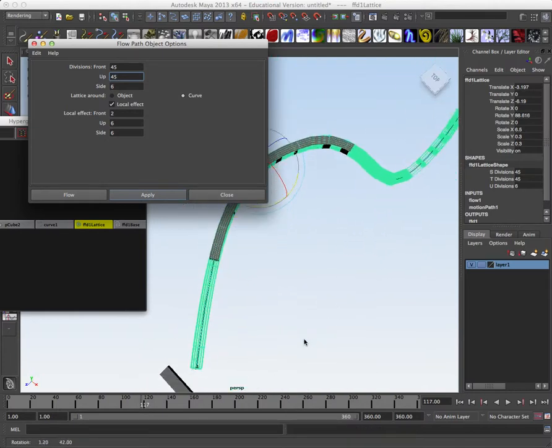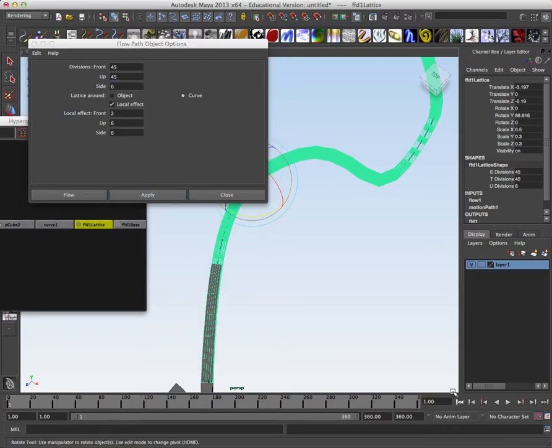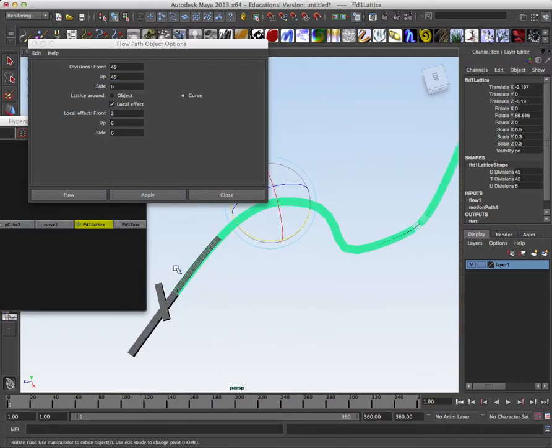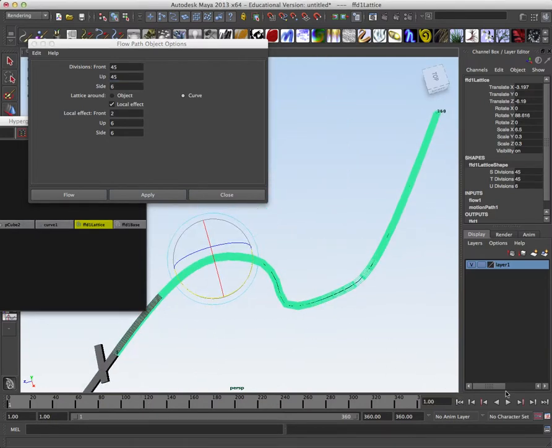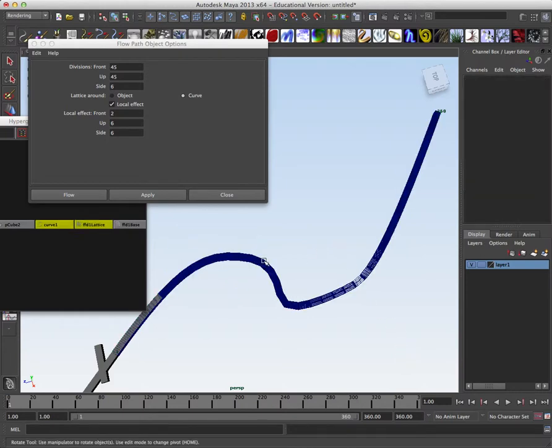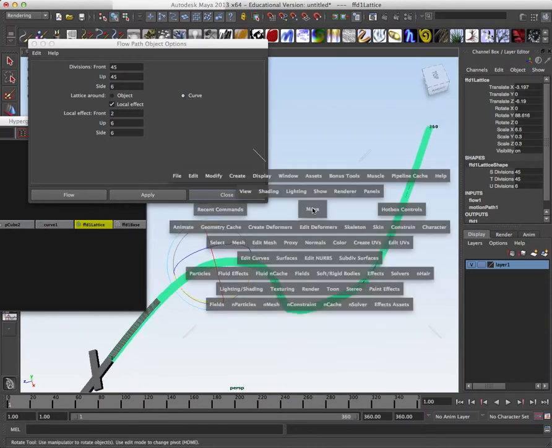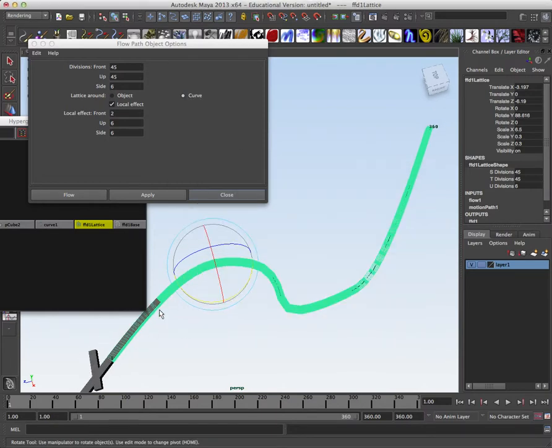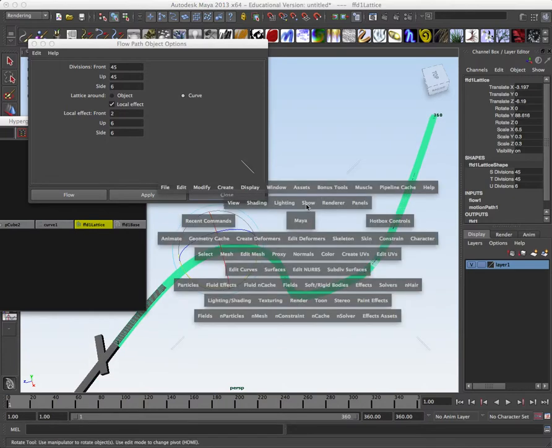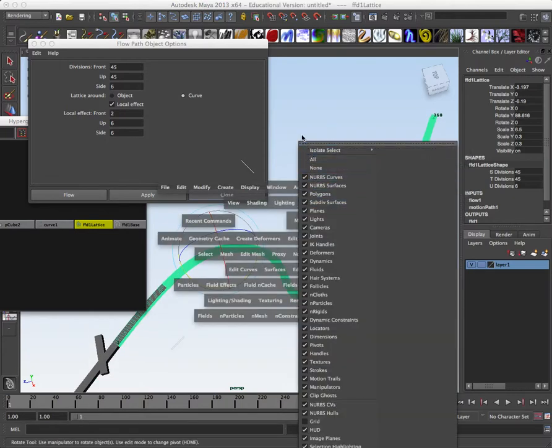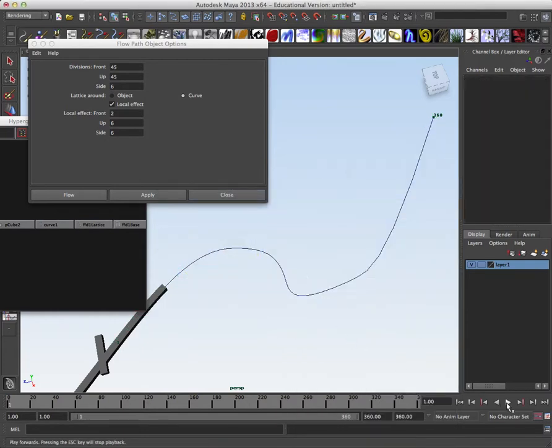Okay, so there you see what this guy does. Now you often have to hide either ends of it. But it's built a lattice along the path. So this is the lattice around curve. I have a second cube there just to do it the other way, so coming up with that. I'm going to turn off the deformer so you can't see that, just so we can sort of see what's happening. So as it goes through that